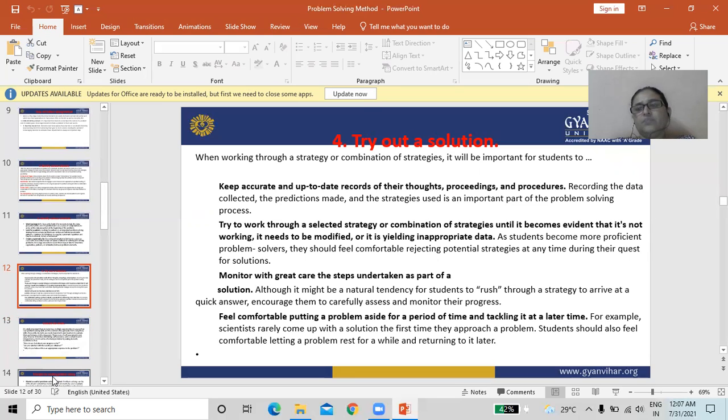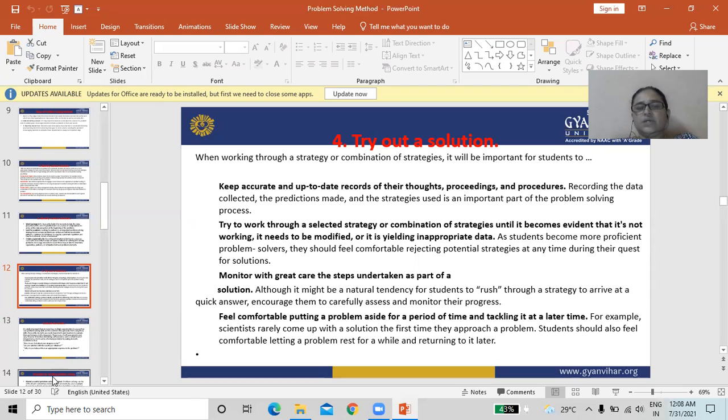Fourth step in problem solving method, try out a solution. When working through a strategy or combination of strategies, it will be important for a student to keep an accurate and up-to-date record of their thoughts, proceedings, and procedures.